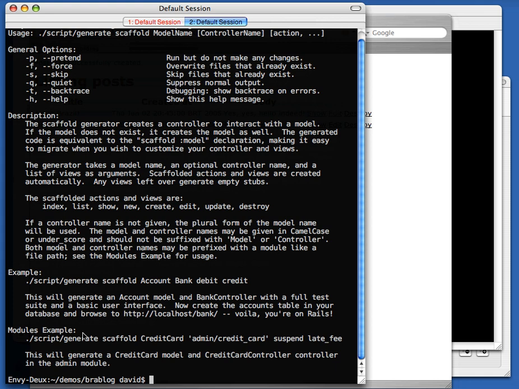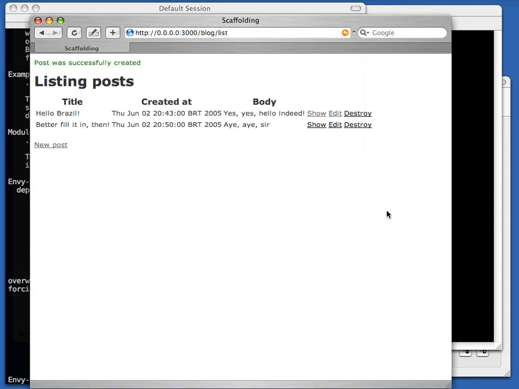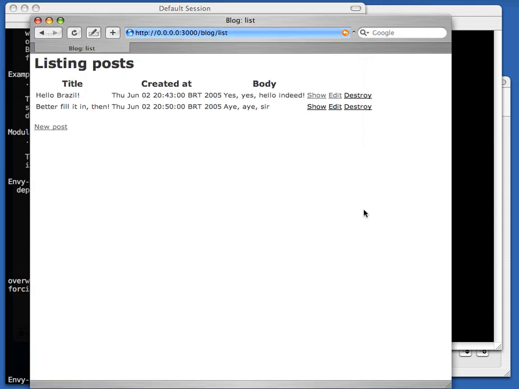That scaffolding thing, that's cool. You can do something in one line, but you can't really change the code. What if I want to do something slightly different? So now we're going to recreate this post and block thing, but instead of just having the one line, we